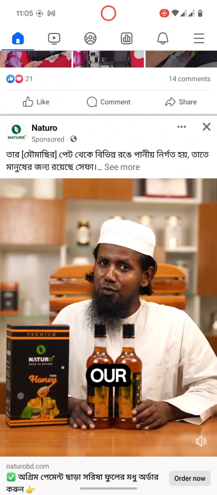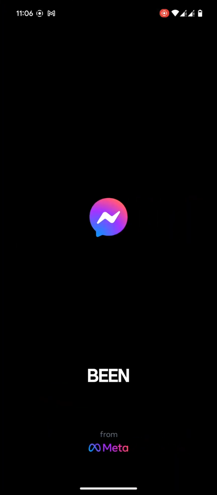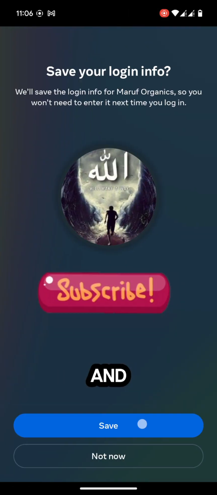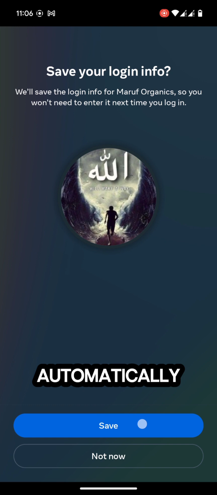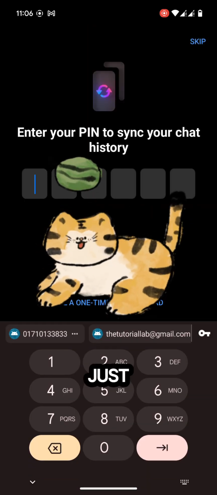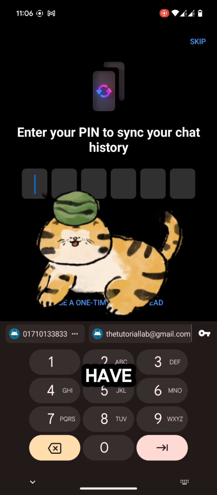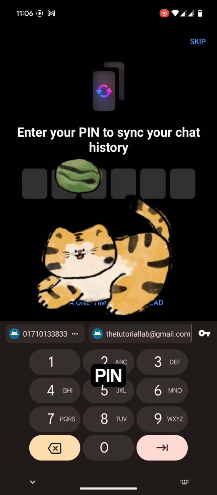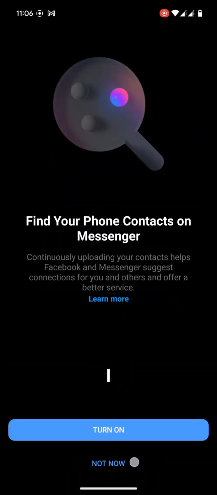We are now in our Facebook account and Messenger is installed. Tap on open. Here you will see it's automatically going to log in. You just need to save the login information. And if you have set a pin to sync your chat history, then type the pin or you can skip this also. I have input the pin